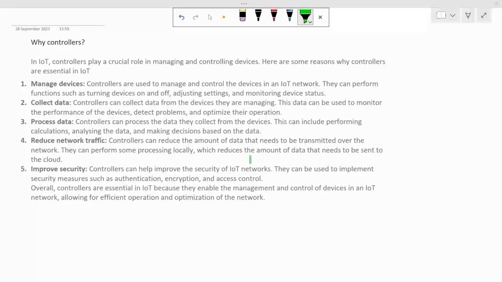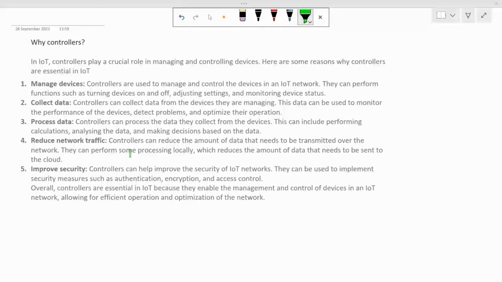So in the previous video we saw what a controller is and its types. Though we are already aware that a controller is a necessary part to make any physical thing an IoT device, in this session we will again deep dive into the question of why controllers, and we will see all the things controllers do for us.